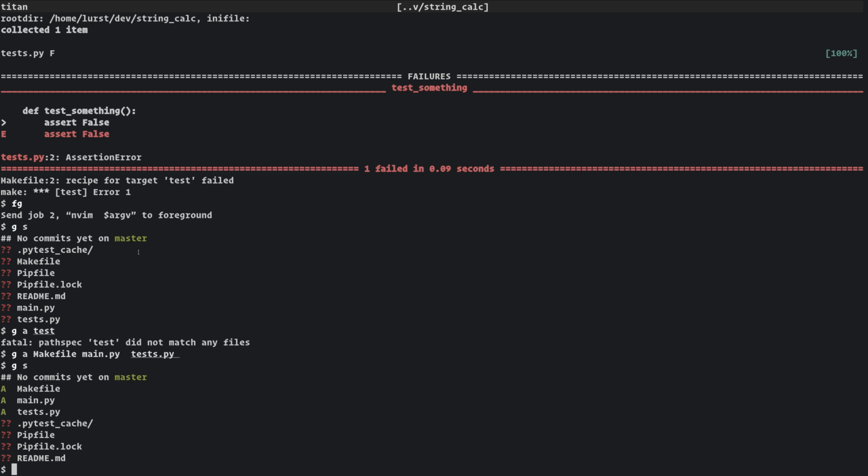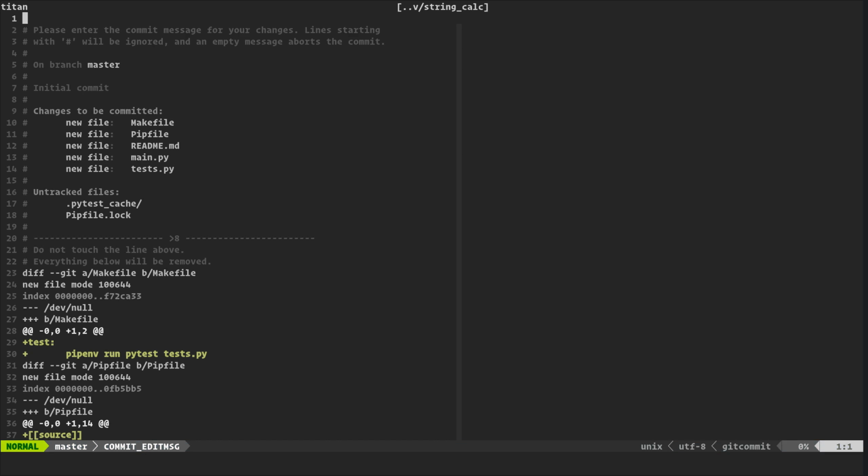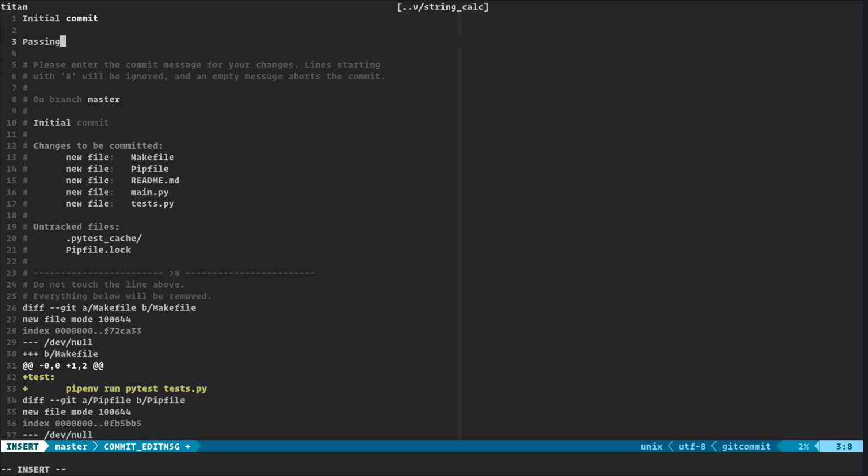And don't mind my aliases: gas is git status, ga is to add stuff. Now I'm going to add the Pipfile and the Pipfile.lock, which should only have PyTest. That's the only thing that I installed before running this. So initial commit. Well, I should have committed before with just the test, but passing initial tests.